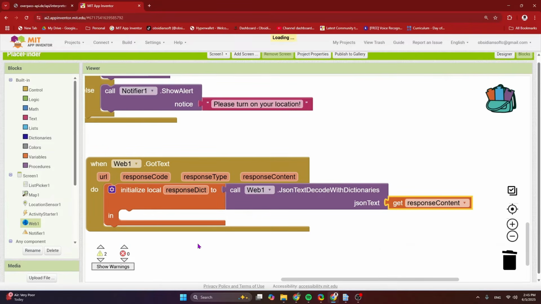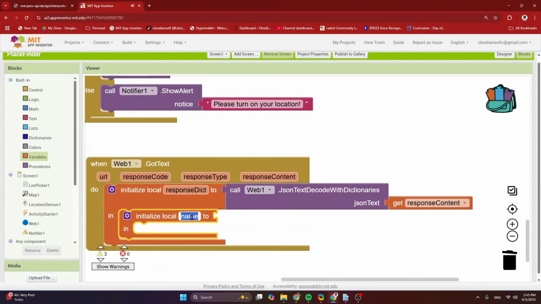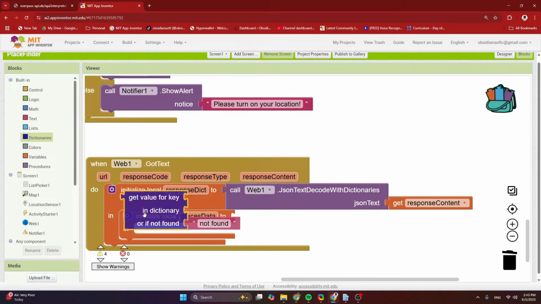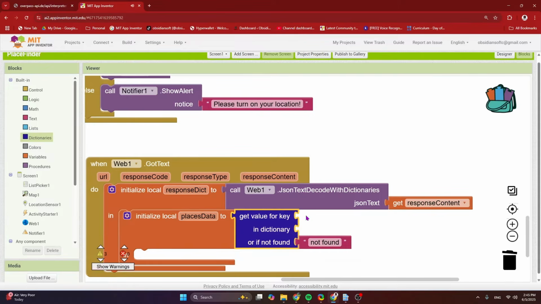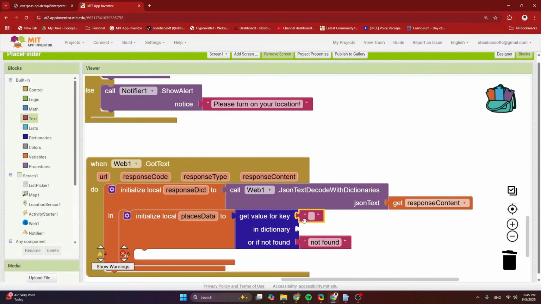Then, as I showed you before, against the key elements we need to get the list of places. So again I'm going to make a local variable, and this is the places data, and from dictionaries I have this block, get value for key, and the key is elements.